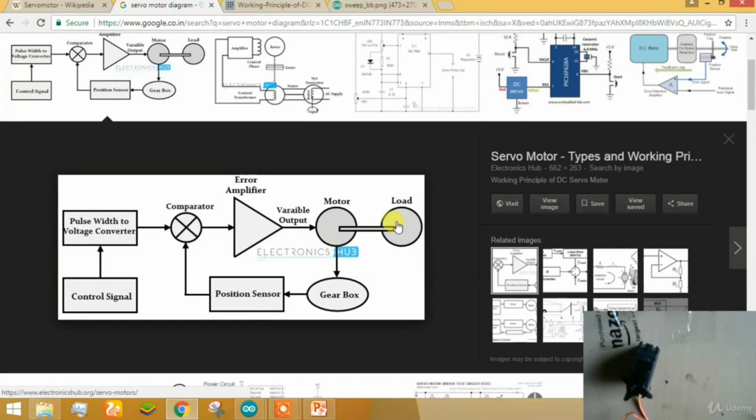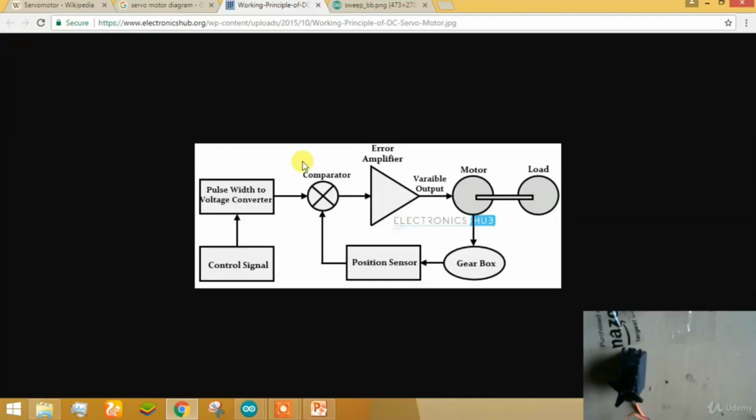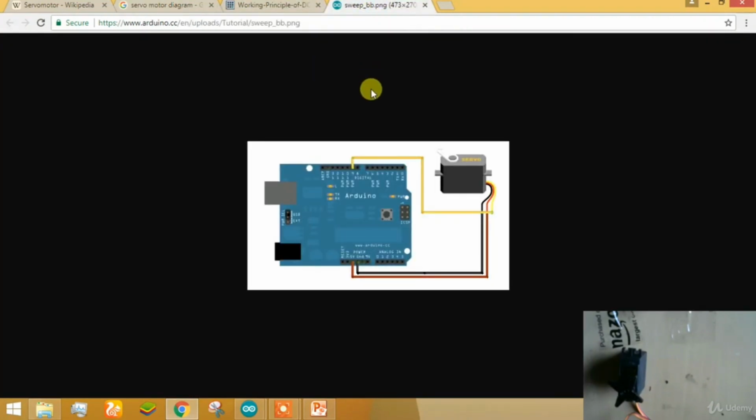When the axle is set to rotate to 30 degrees, it will compare its position here, and it says that its position is 0 degrees, so it will give an error here, and the error will be amplified such that it sets the rotation of the servo motor to get back to 30 degrees. When the motor gets to 30 degrees, the data says that there is no error. It wanted 30 degrees and it is at 30 degrees, so there is no error. So the value that is set here by Arduino to move 30 degrees has been logged here by the axis at 30 degrees. Whenever a change is made in the servo, it gets back to its point.